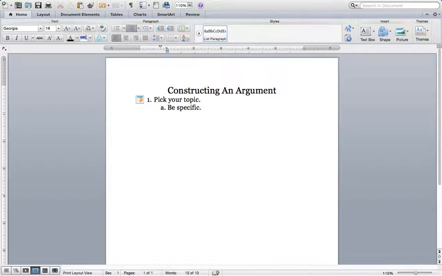A good example is you don't really want to talk about cats in general. You're going to be very specific. What about cats are you talking about? Big cats, wild cats, domestic cats? And what exactly about cats are we discussing? Their fur, how they communicate with each other, stuff like that. You want to be very specific,